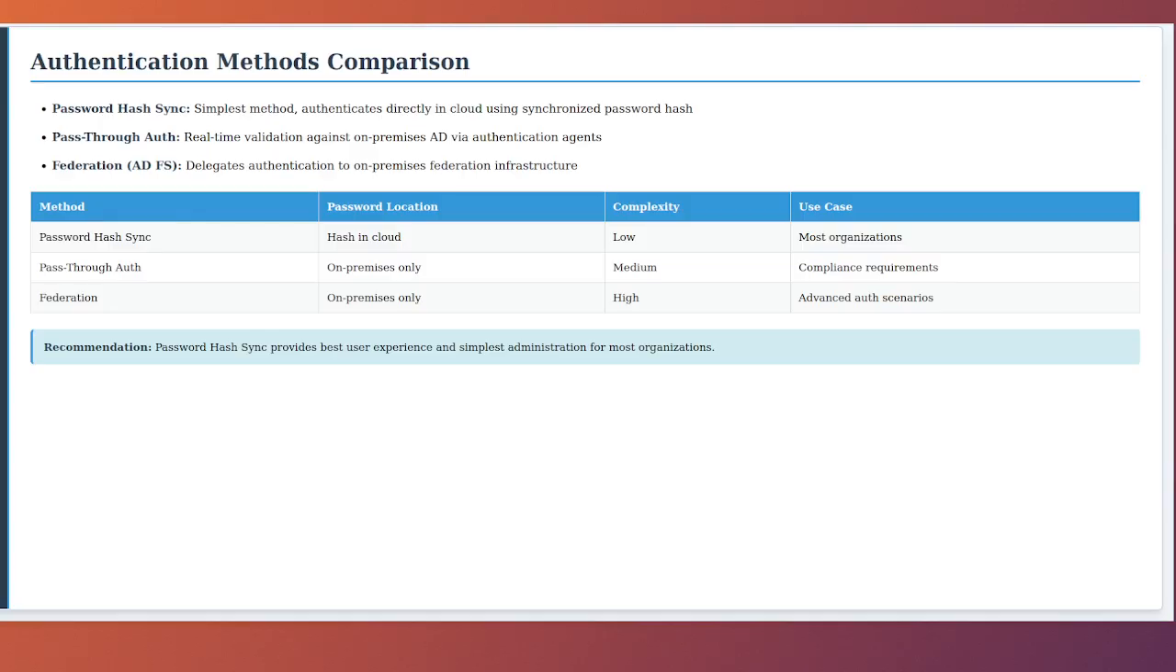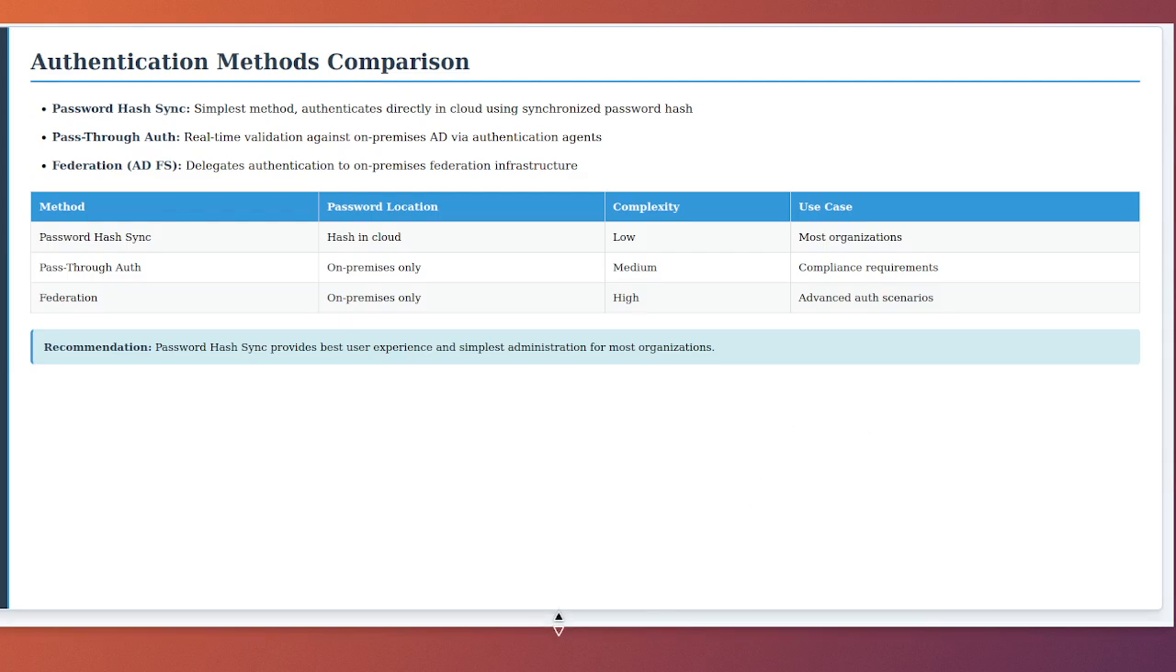In a federated setup, authentication is delegated entirely to your on-premises ADFS infrastructure. When users attempt to access cloud resources, they are redirected to the on-premises Federation server, which handles authentication and issues security tokens that Azure AD trusts. This method provides maximum control over the authentication process, allowing implementation of multi-factor authentication, smart card authentication, third-party MFA solutions,